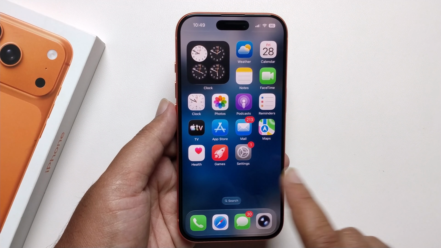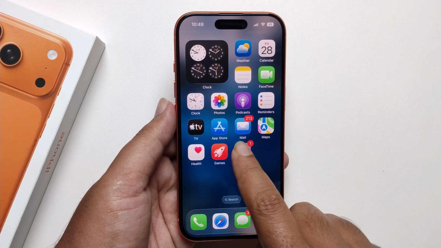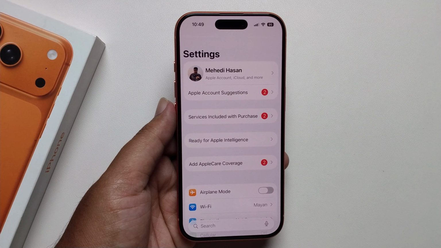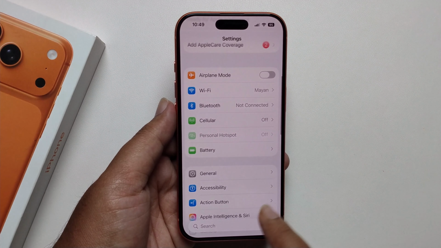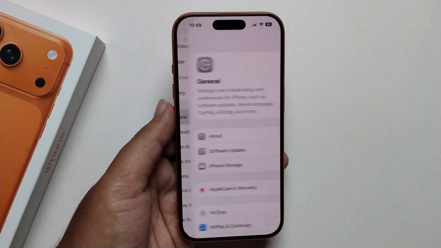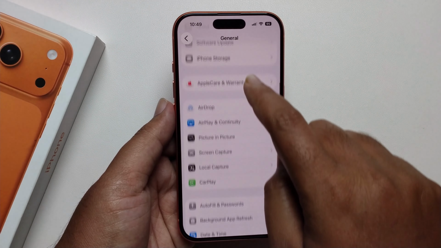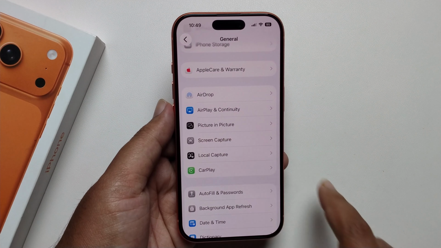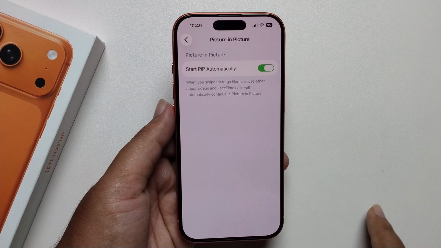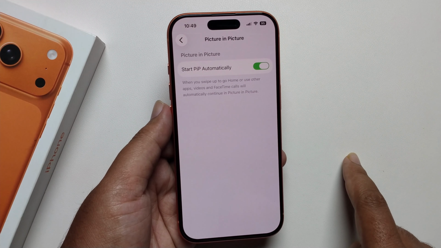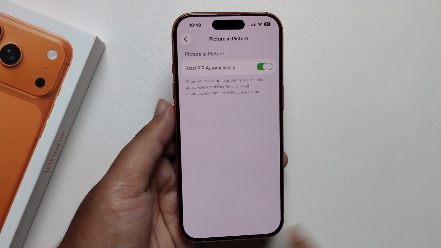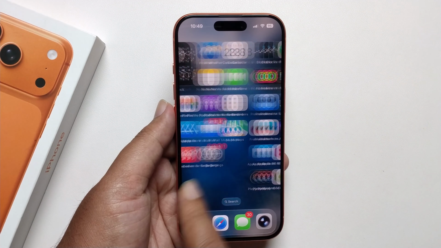So simply, at first you need to enable this. Open your settings. Scroll down. Press on general, scroll down, then you get this option. Press on it to make sure you turn on this option. When I turn on this, I open my YouTube